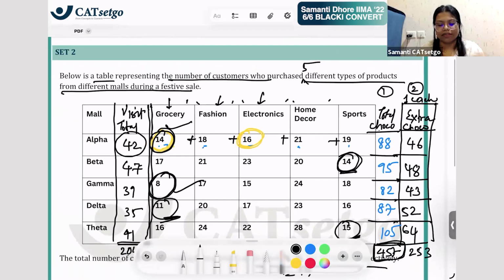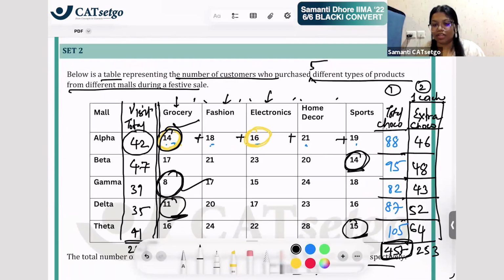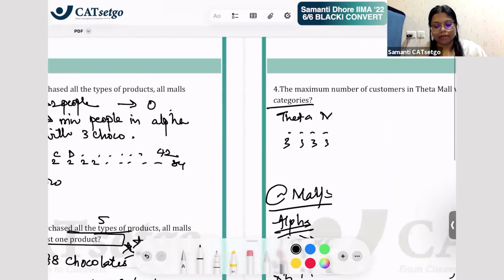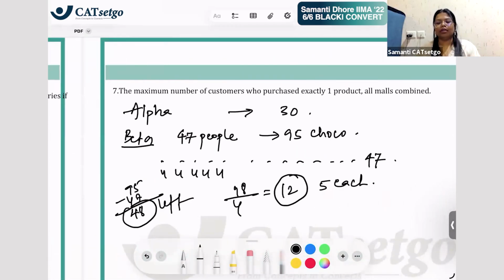For beta, check: you have 17, 21, 23, 20, 14. Yes, you have 12 chocolates of each type. So you have to check the constraints also. Is it possible in the table? So yes, it is possible. And always verify it like this only, that 12